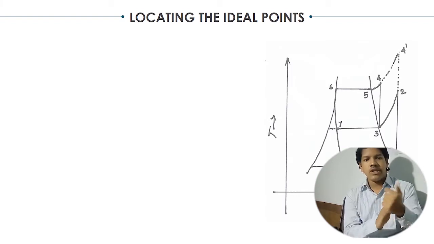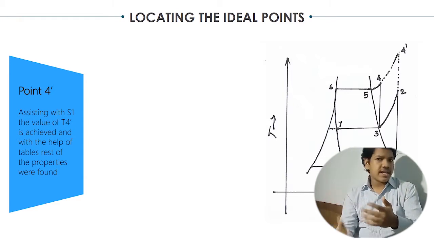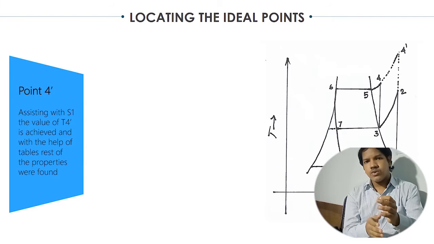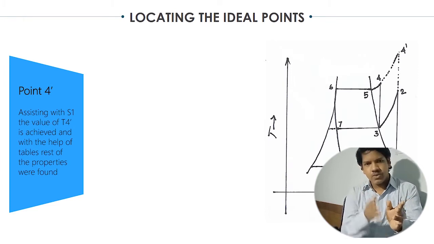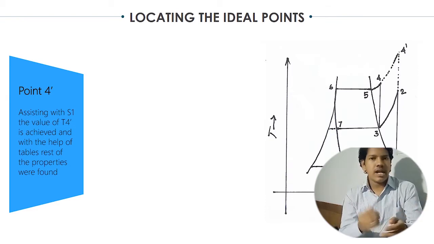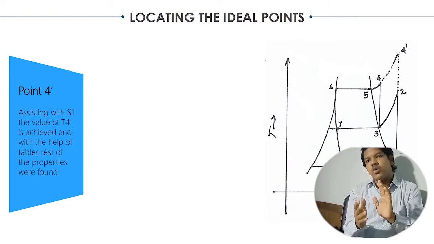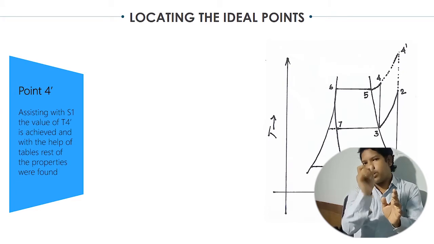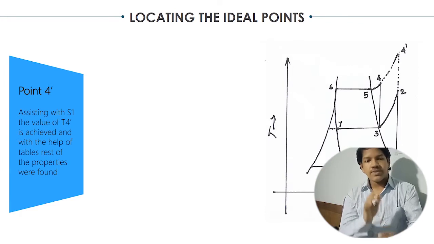So starting with point number 4 dash. This is the most important point, and with this point we are going to start off the total calculation. As we can see, the entropy for the point 4 dash, 2 as well as 1 is the same, as it's a perpendicular line, and we all know in this T-S diagram, on any perpendicular line, all the entropies are the same. From that we get the enthalpy of point 4 dash with the formula H4 dash equals H5 plus Cp times (T4 dash minus T5).